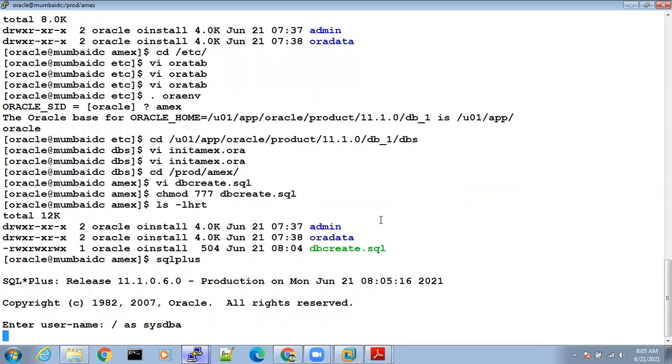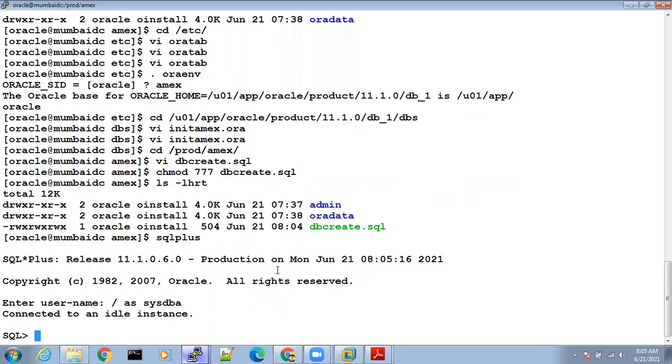Connected to an idle instance, which means you have connected, but the database is not yet started. The database is not yet created. It is idle. So the first step is startup nomount.